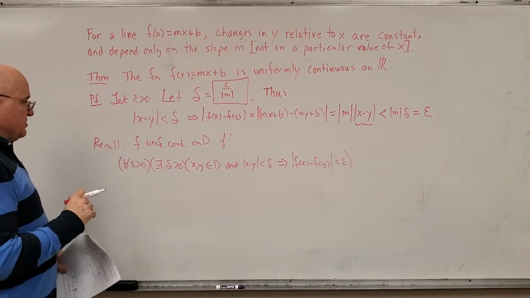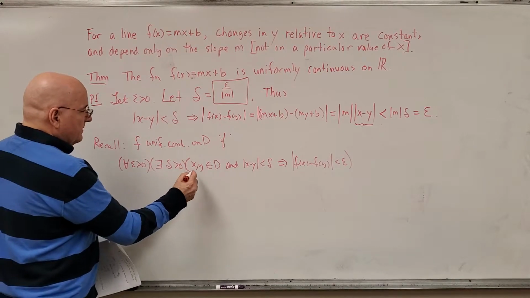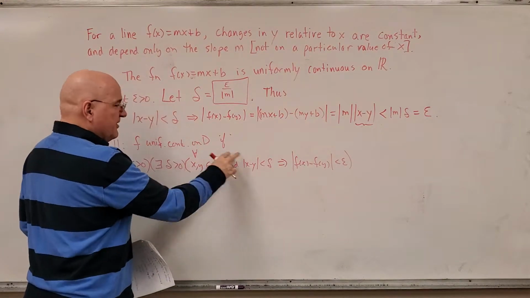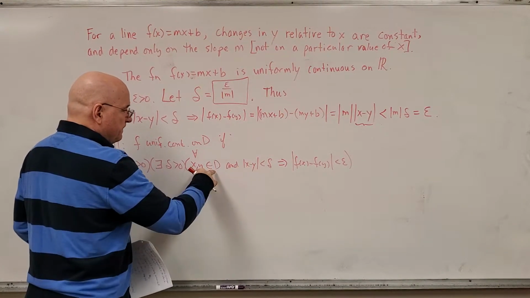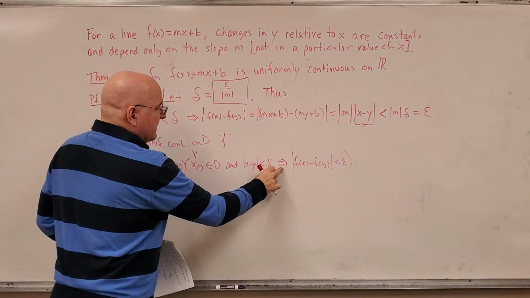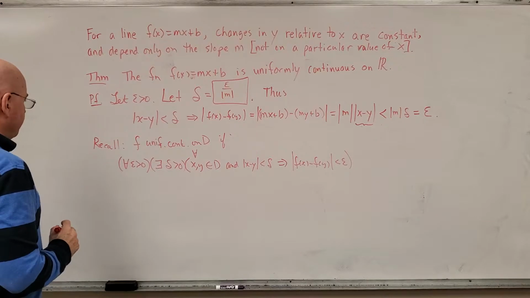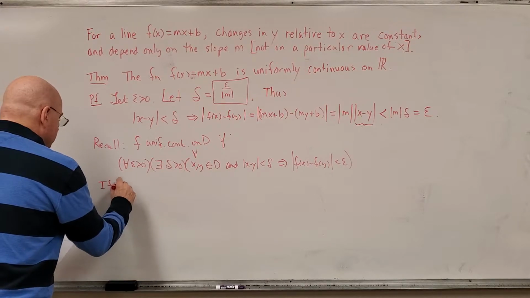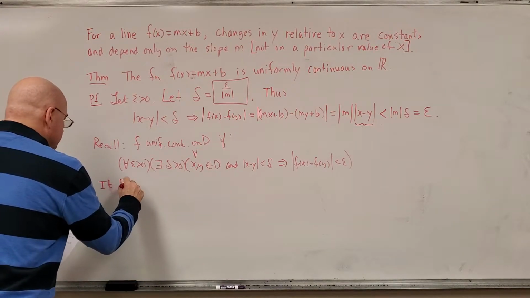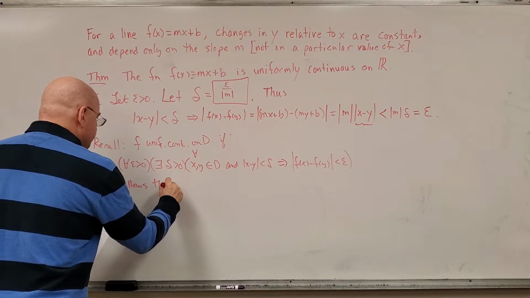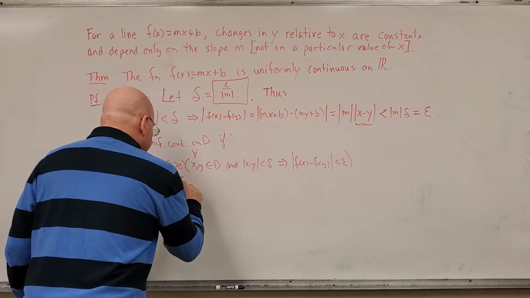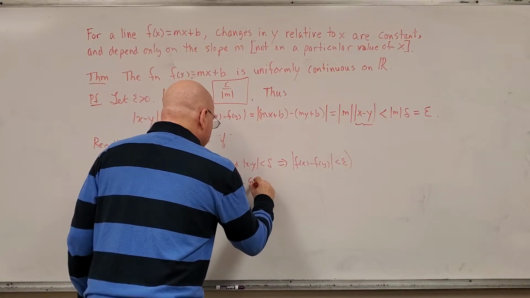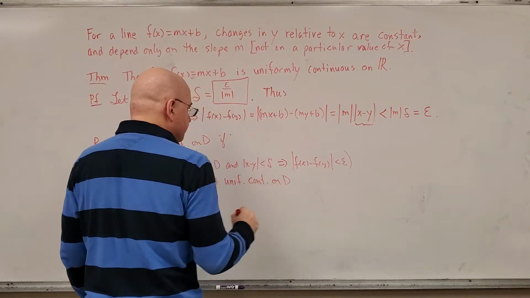And something similar to what I mentioned earlier, I could have put a "for all x and y in the domain" with this happening. For every single pair x and y in the domain where this is true, that implies that this is true as well. So it follows that I'm going to change this definition. F is not uniformly continuous on D if,